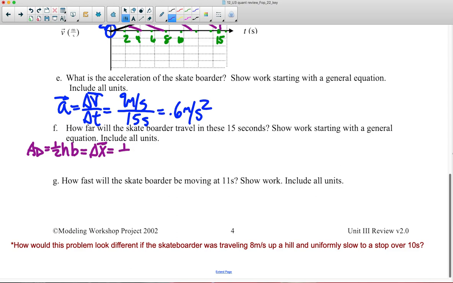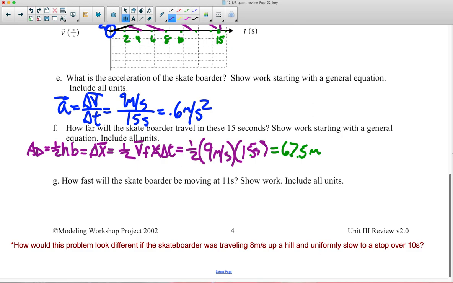And the displacement is 1/2 the height of the triangle, which is the final velocity, times the change in time. So 1/2 the final velocity was 9 meters per second, times 15 seconds. And we know that half of 9 is 4.5, and 15 times 4.5 is 67.5